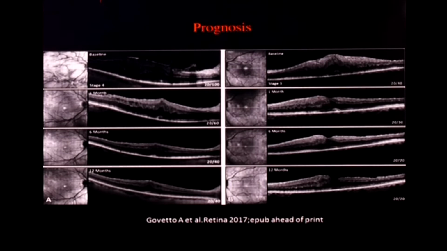These are representative examples. On the left panel, you see an example where surgery has been done, and the lower panel shows you that the ectopic inner foveal layers are still present after surgery. They have not completely disappeared. Whereas on the right panel, you see that the ectopic inner foveal layers have disappeared, and there is an actual normal foveal contour, even though there is a little bit of perifoveal thickening.